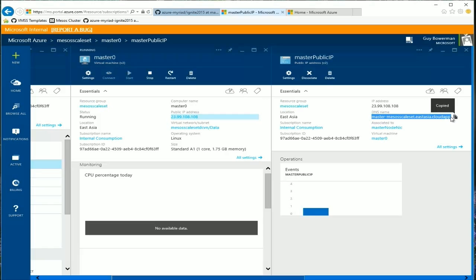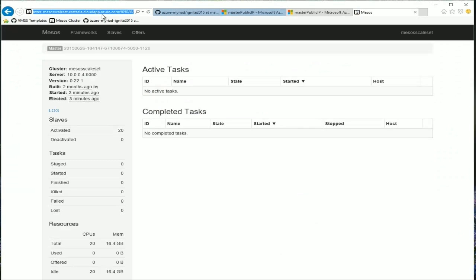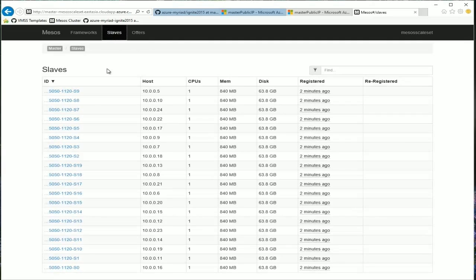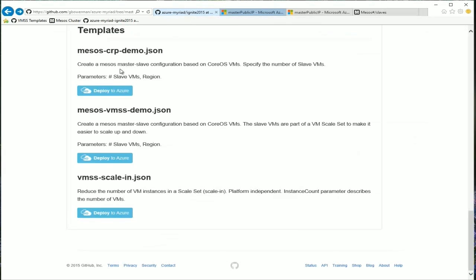And then let's go hit that IP, see what we see. What you would expect to see is basically the master is essentially hosting a Mesos interface, and that's exactly what you see. There's basically a master, and it's saying the name of the scale sets is Mesos scale sets, and it is saying that it has 20 VMs as slaves. This is what we created through the virtual machine scale set. And here's an expanded view of all the 20 virtual machines. They are all named in a particular pattern, by VM scale sets.